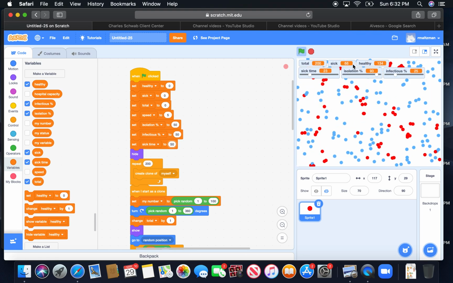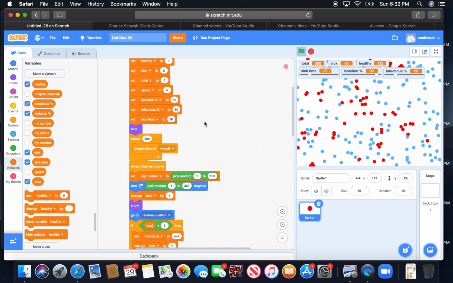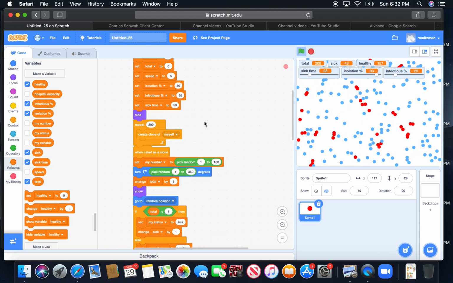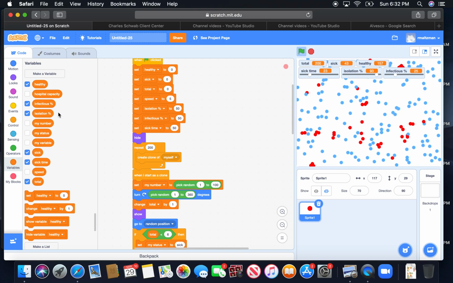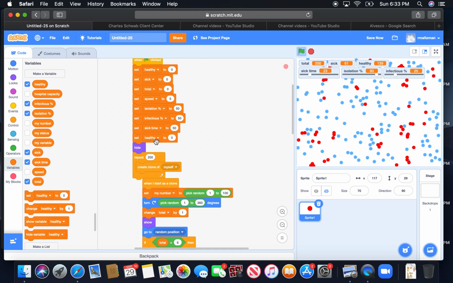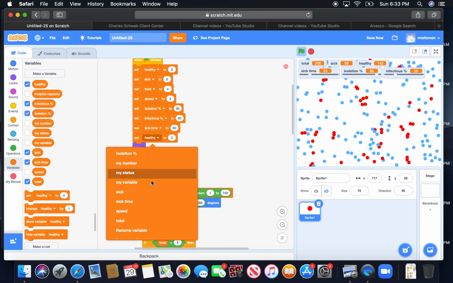Now here's the thing that's interesting, this disease is particularly dangerous if the hospitals are overloaded. So that's why we created a variable for hospital overload or hospital capacity. I think we have somewhere, hospital capacity. So we should set hospital capacity to something at the start. So I'm going to go ahead and set hospital capacity